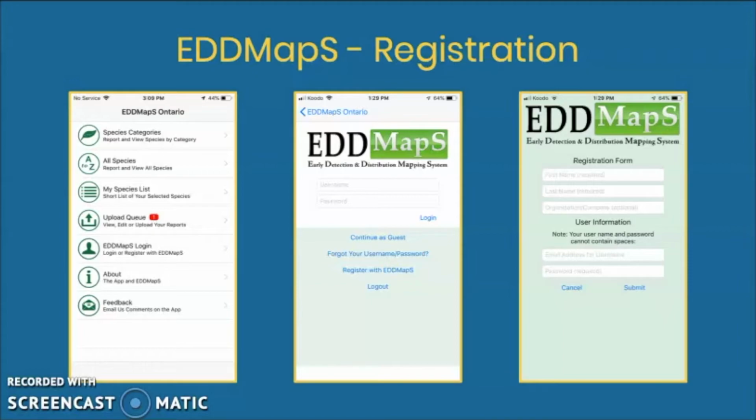So if you are electing to use the EdMaps Ontario app to do your reporting, I'm just going to quickly take you through how to set up an account with the app. If you already have an account set up, that's fantastic. You can just skip through this portion of the webinar. But if you don't,